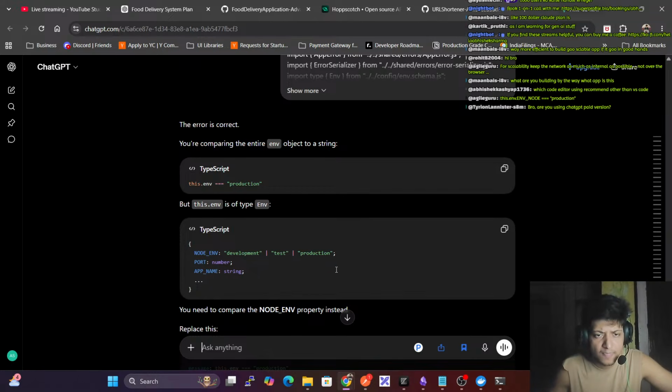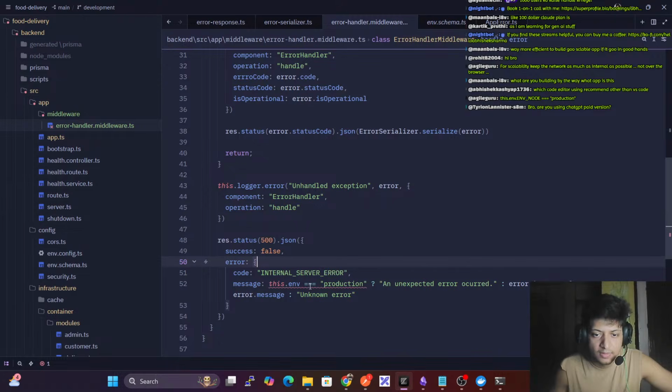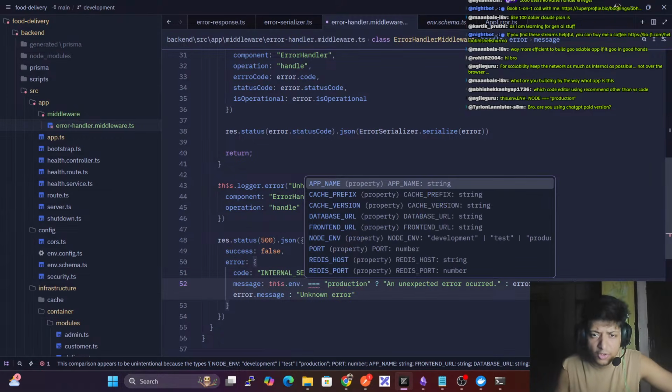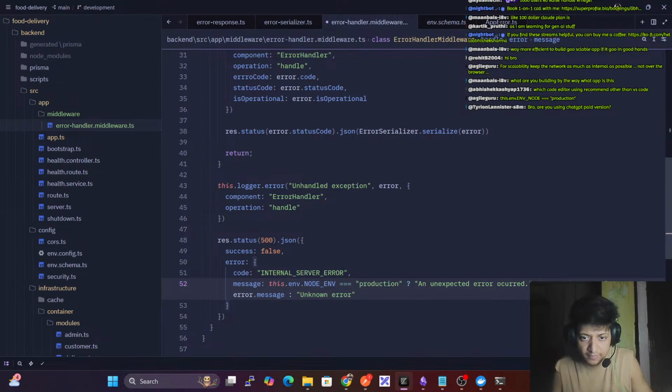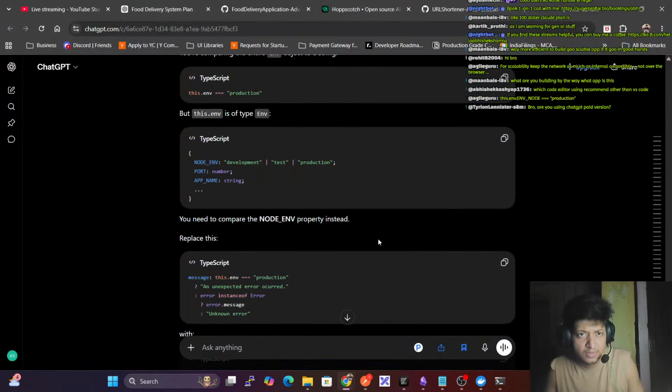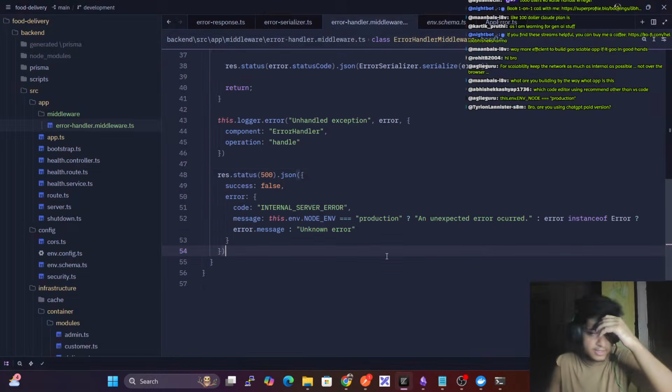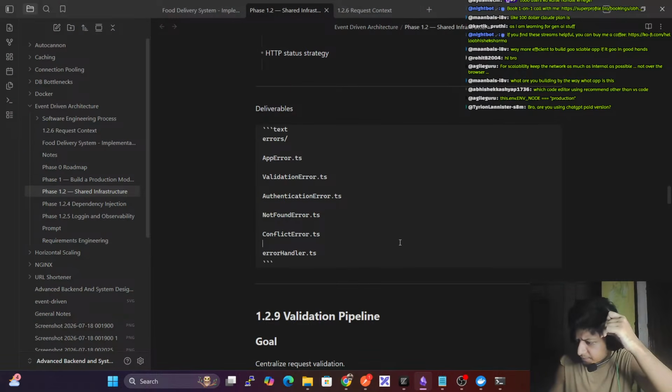Okay. Oh yeah, yeah, got it. This dot env dot node env. Yeah, this makes sense. We don't need this. Correct. We have this one. So,